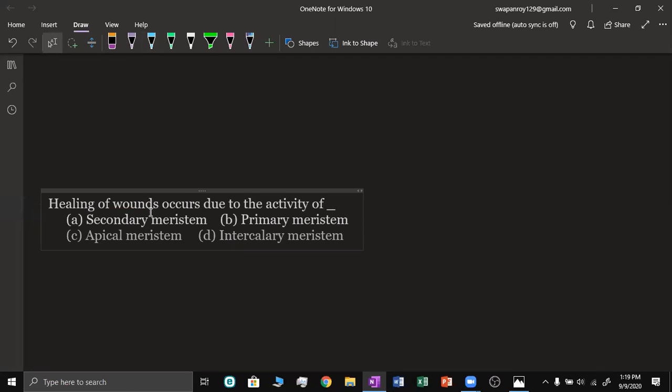Healing of wounds occurs due to the activity of which is